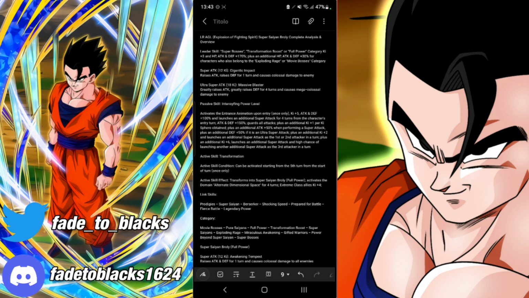So if you have the first 2 rotations and Broly is not here, and he's the last character to show up, that's third turn, but it's the first time Broly appears. So then you have turn 5, but it's the second time Broly appears. So you will not be able to transform. You need to get to the 7th turn, because it has to be the third time that Broly shows up,